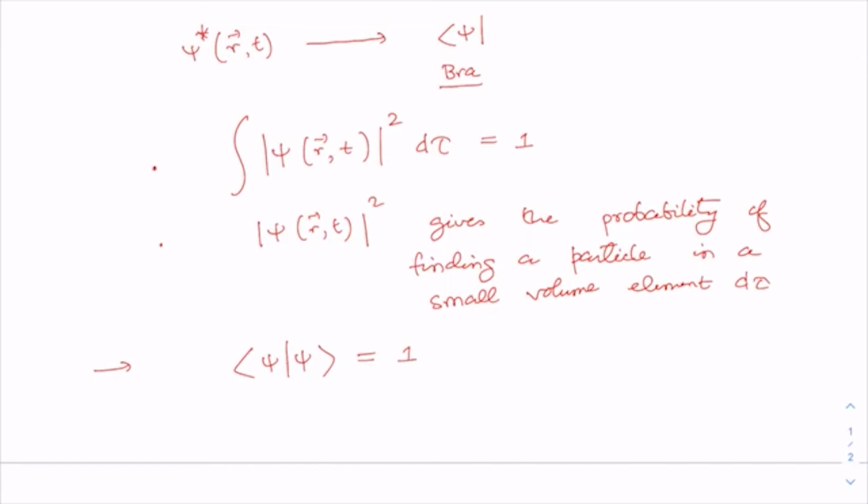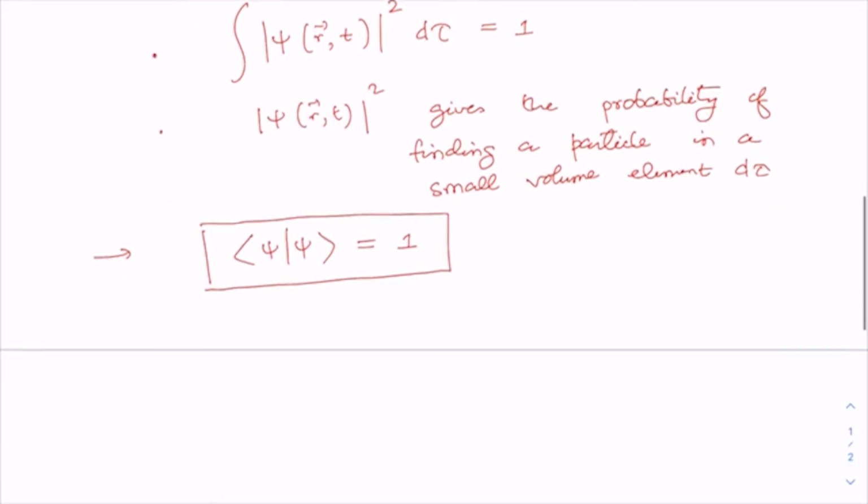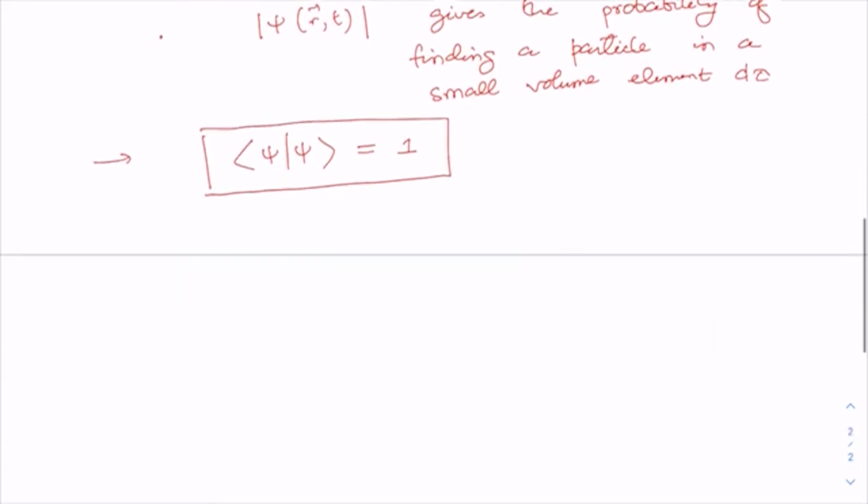Okay, this is called the inner product or scalar product, and that is equal to the scalar product of the state vector with itself, and this is the normalization condition in the Dirac notation. Now, suppose before making a measurement, a quantum system could be considered to be in any arbitrary state, say ket